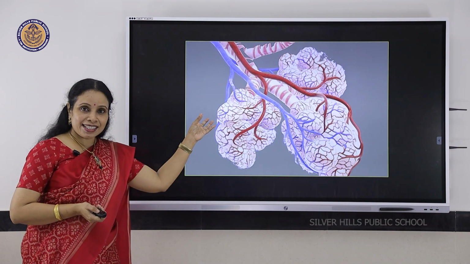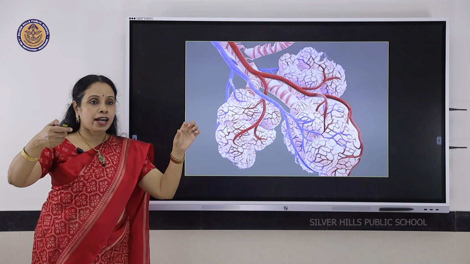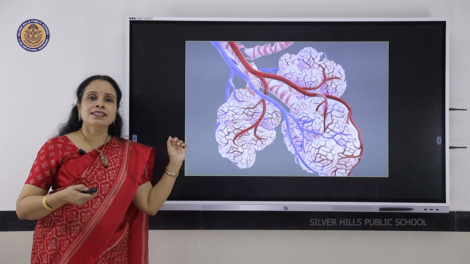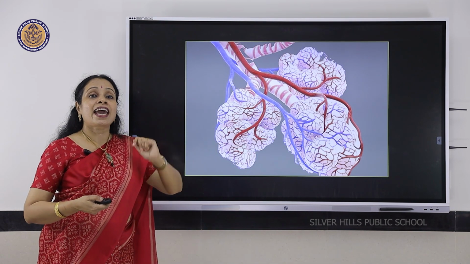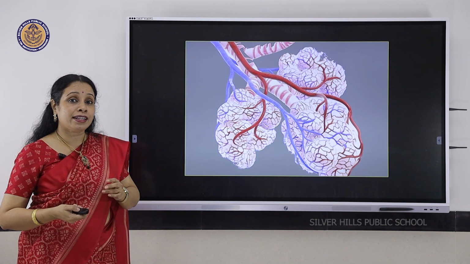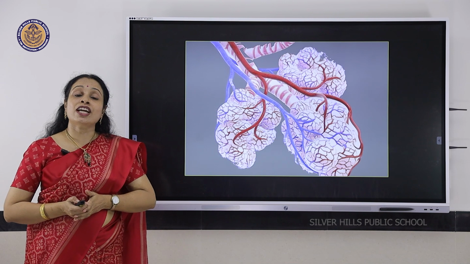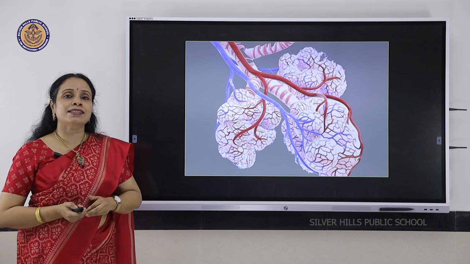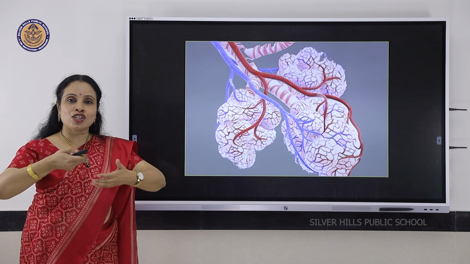So they look like this. The trachea divided into bronchi. They became even smaller bronchioles in your lungs, and each bronchiole is ending in several air sacs or alveoli. Look at those red and blue lines. They show the very minute blood capillaries. So it is here that gas exchange happens.